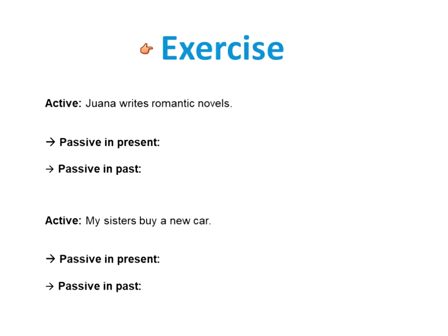So let's make this exercise about the passive voice. We have this example in active voice. Juana writes romantic novels. So let's do the passive in present and in past. So the right way, we have to take first the object, in this case romantic novels, then